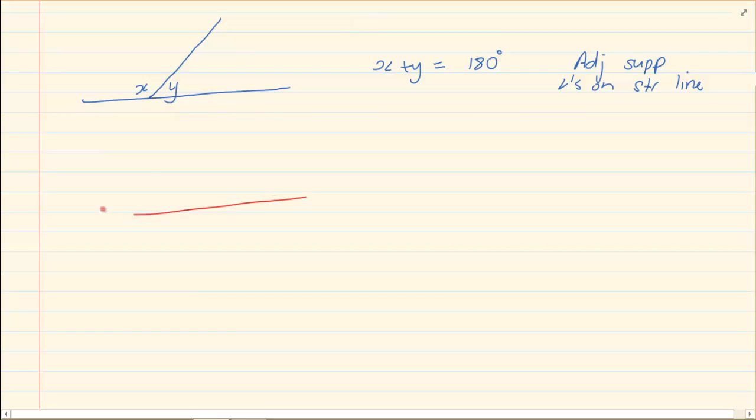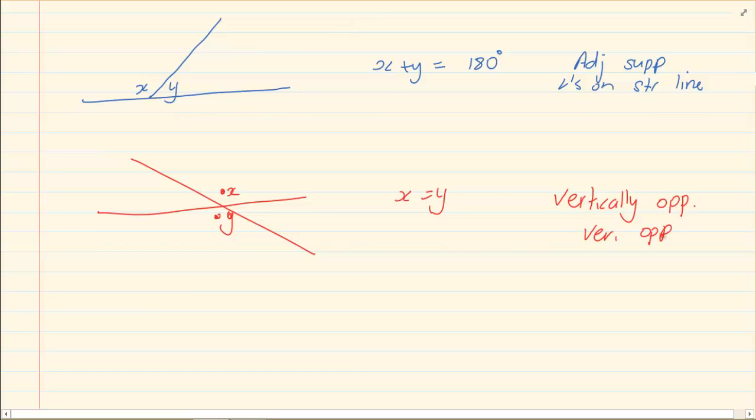The next one you learned was vertically opposite, where x is equal to y. Again, you had made a statement, you have to validify it, which means vertically opposite. But we're not going to write like that. We're just going to write this, and then the marker would know, okay, she means vertically opposite. Now let's try a few examples.